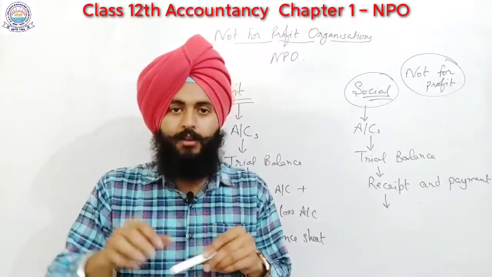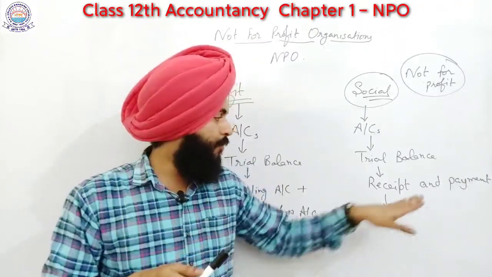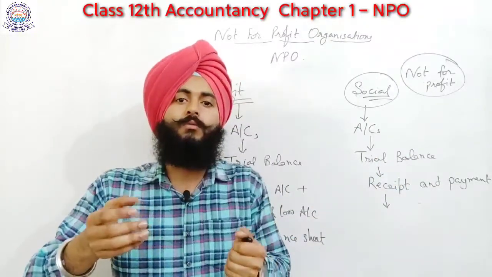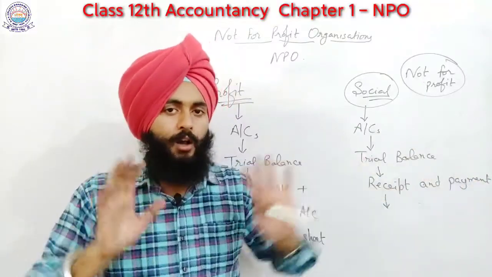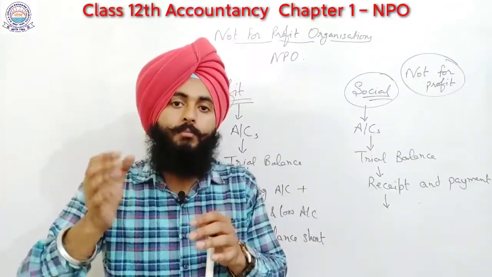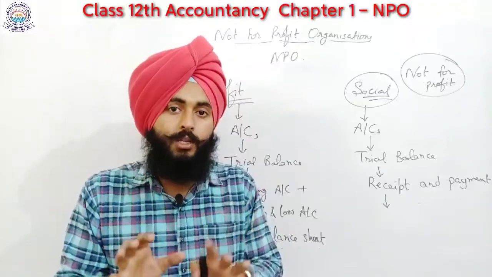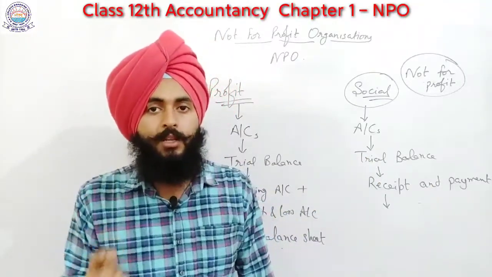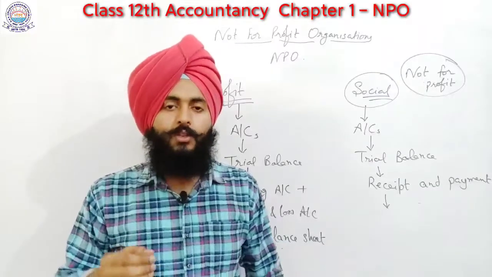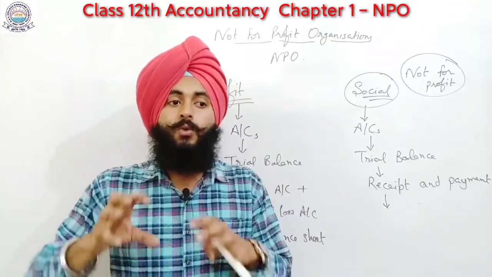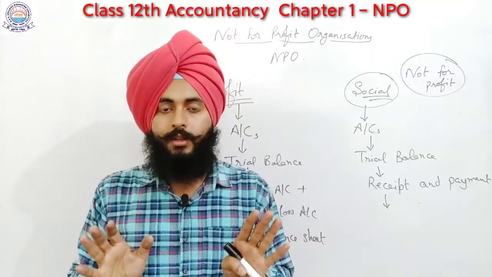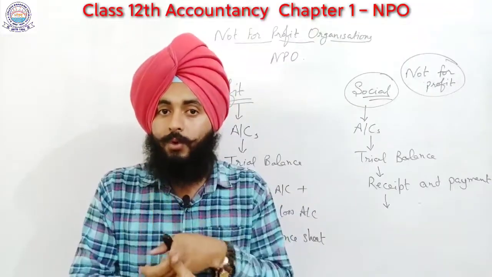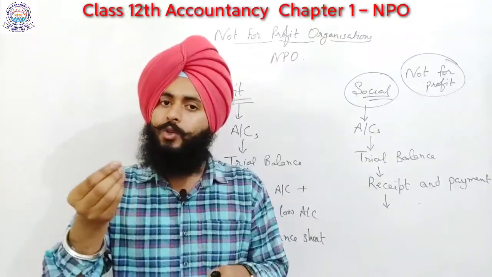But here suppose if you are having more receipts than payments, or you are just doing any kind of work, social activity ही लगा लो, you are having many receipts, you are having more receipts than your payments. Obviously you can have some sort of money remain in your hand. Okay, थोड़ा बहुत पैसा तो बच जाएगा जी, कुछ तो फायदा होगा ही. In that kind of situation, when your income is more than your expenditure, you will have profit.